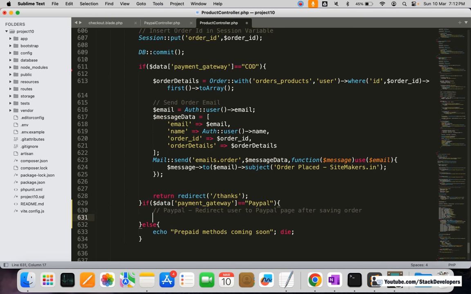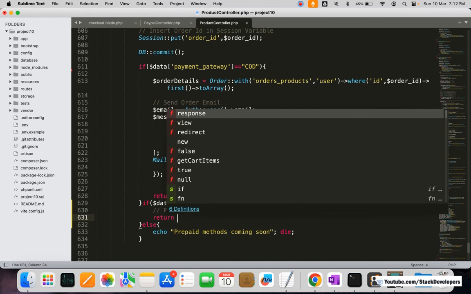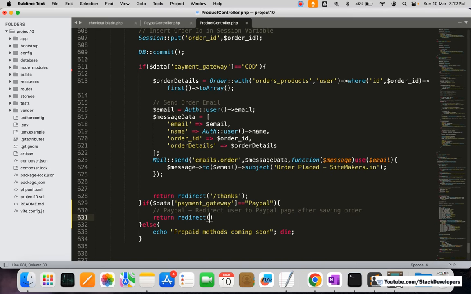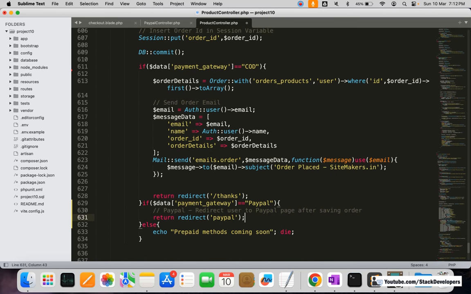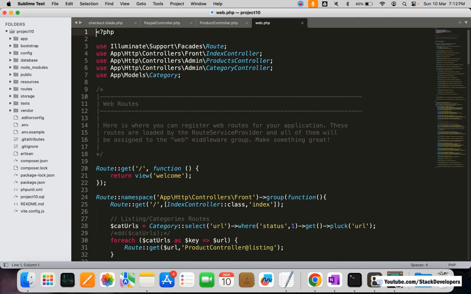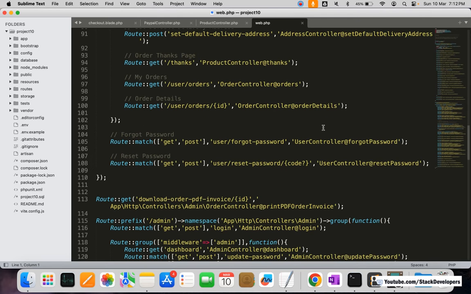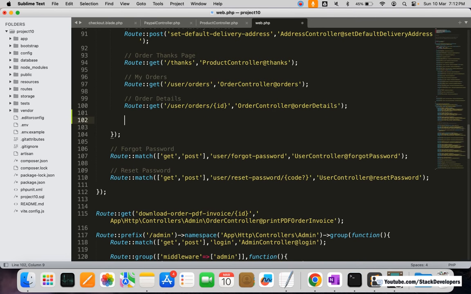So after inserting order details, we are going to redirect the user to the PayPal page. Here we will simply add return redirect, we are going to redirect the user to the PayPal page like this, nothing else. So after this we are going to create one route for this page. We are going to create it inside the auth, because no one can access this otherwise. Here we are going to add PayPal